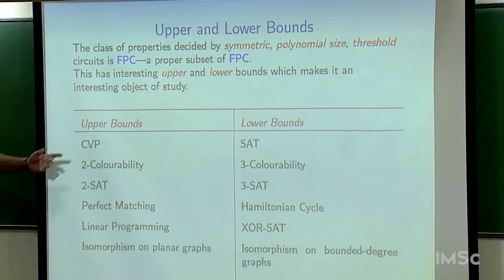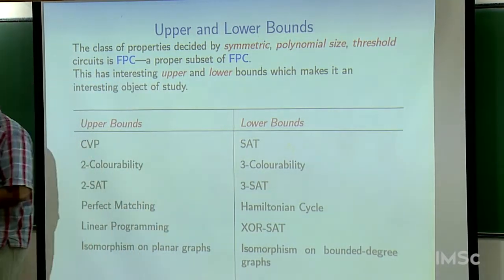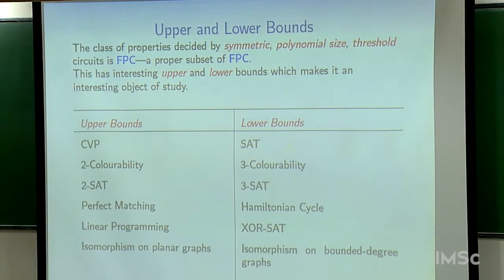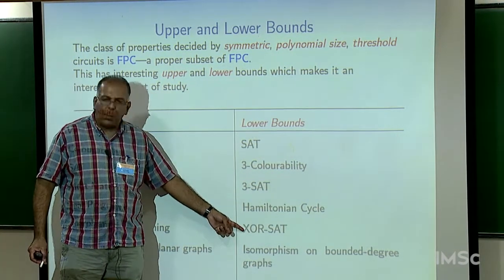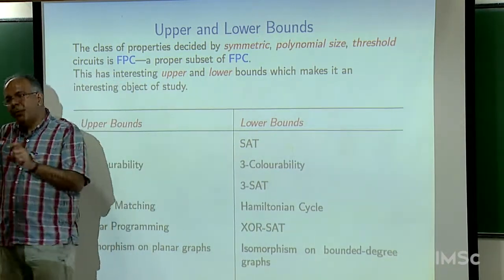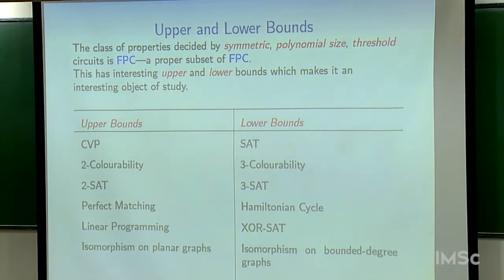I said lower bounds, but I didn't say what the lower bounds are. Certainly superpolynomial bounds you can extract from what we know. For each of these, in terms of formulas of C^k, there are probably linear lower bounds you can get on the number of variables. You can pull it back through our proof of the support theorem to get an actual bound on the size of the circuit, but